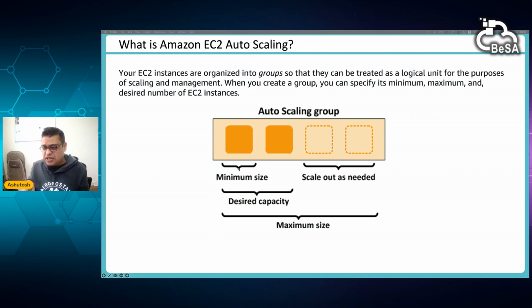But the implication is you will pay for all those thousands of instances which have been spent, right? So this is a trade-off you have to work out. What should be the maximum size which makes business sense, because you want to give the best customer experience, but it should fit your business objective as well, right? So if beyond this there is a DDoS attack, I'm ready to take a hit. My application may go down for a couple of minutes, but I will not go beyond that, right?